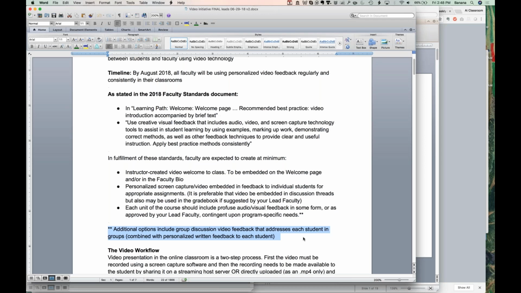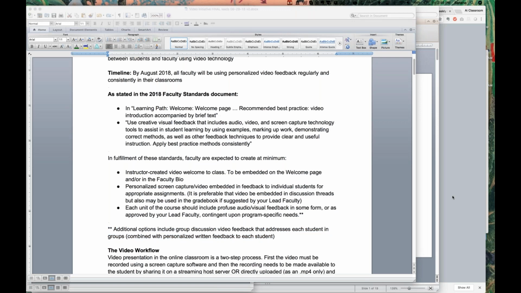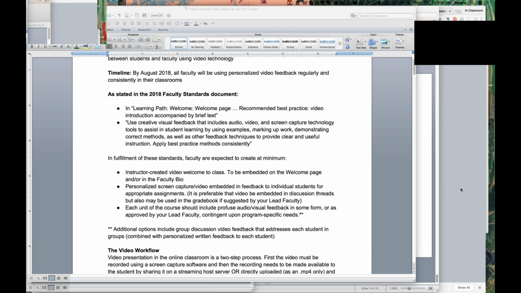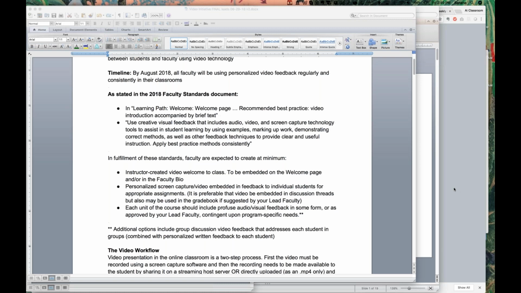Also, we had a question that I don't think has been addressed. The question was, if a student isn't participating, do we need to create a video as the outreach feedback, asking them to contact us and get in touch, etc.? No. The goal of the video initiative is to provide feedback, I think, on assignments themselves, and enriched feedback. So I don't think that would apply to phone outreach effectively. If a student doesn't show up, I think they're basically forfeiting the chance to get a video.